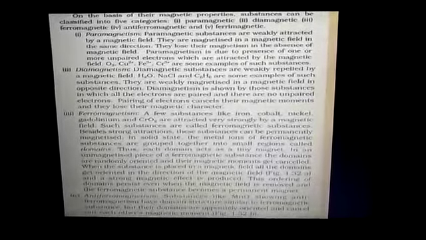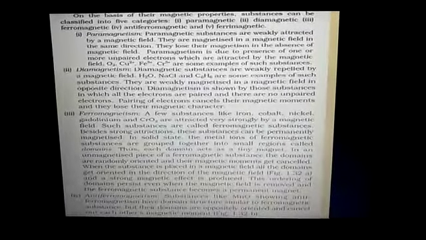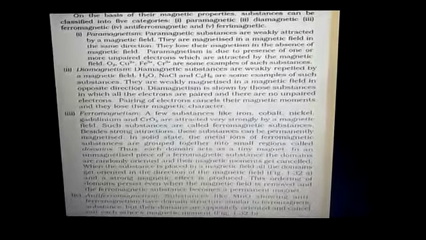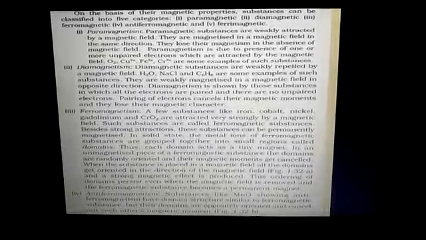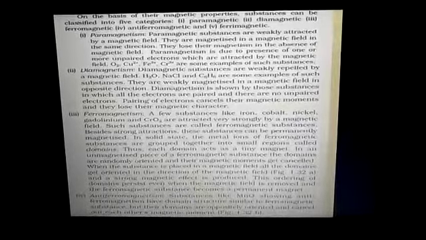Second is diamagnetic substances. The substances which are weakly repelled by the external magnetic field are called diamagnetic substances. TiO2, H2, NaCl, benzene are examples of diamagnetic substances. The property thus exhibited is called diamagnetism. This property is shown only by those substances which contain fully filled orbitals and